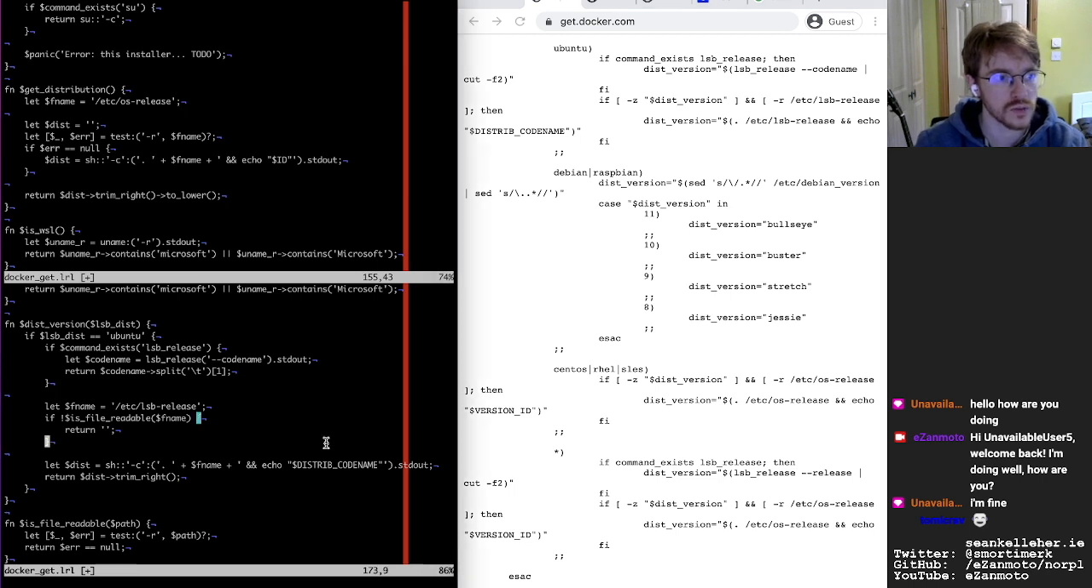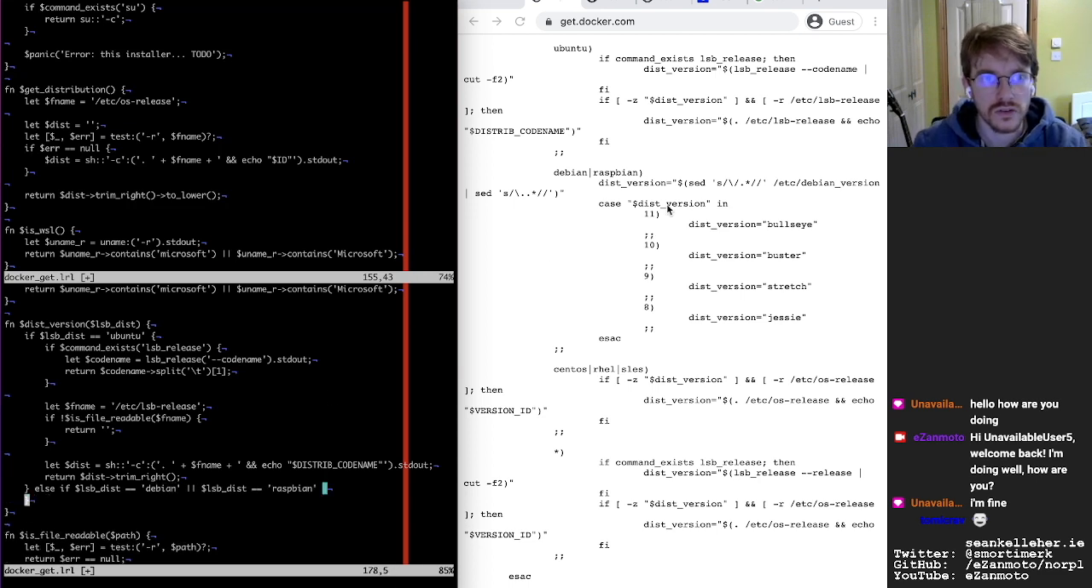Now let's see, the next one is if it's Ubuntu or Debian or Raspberry Pi Debian, I guess. And in these cases, we check Debian version under etc, and we'll do a bit of sed magic on it as well. So in this case, what would we do? So we'd run the sed command,